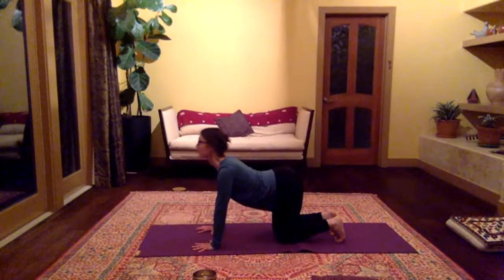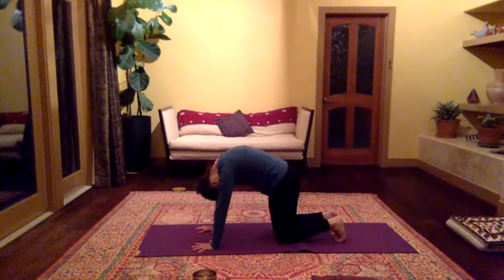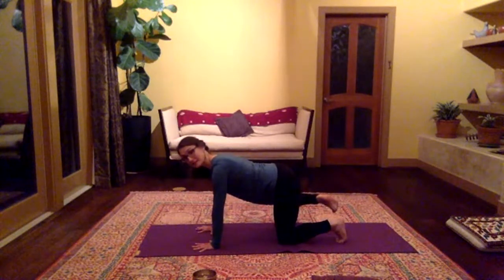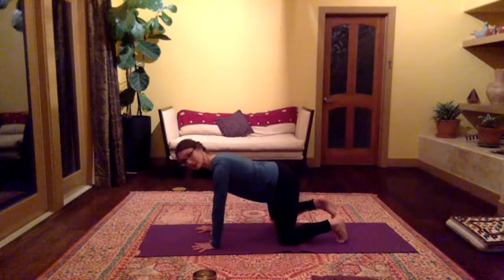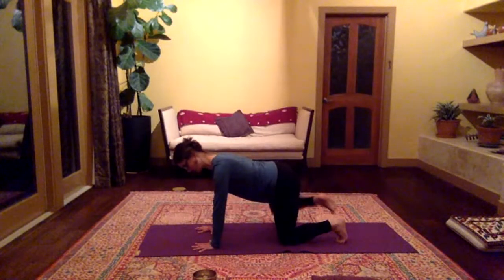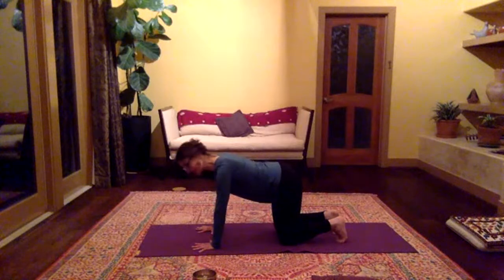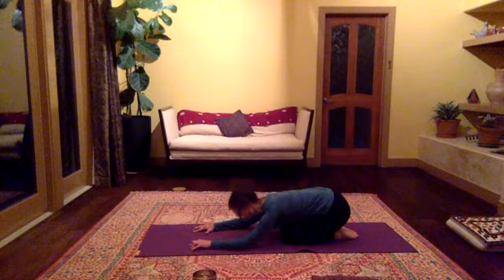If you'd like to do a cat-cow, you can. Inhaling and exhaling. And then we'll switch sides. Inhaling left leg, exhaling back to neutral. Inhaling and exhaling. And then we'll take a rest in child's pose, bringing the hips down towards the heels and each other, or